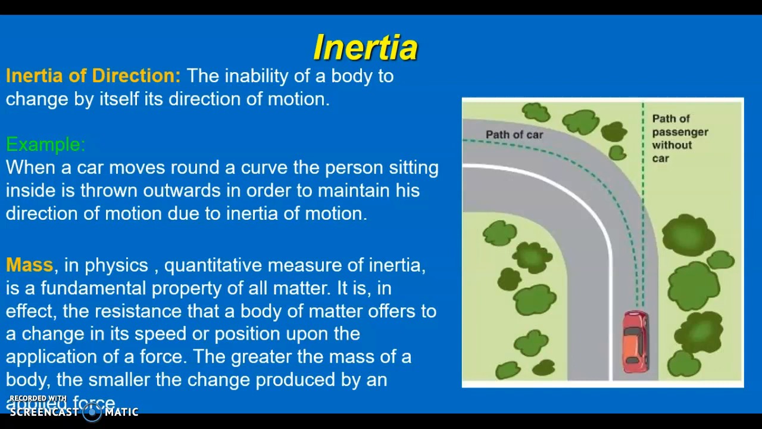So now what's the mass? The mass in physics is a quantitative measure of inertia. So inertia actually depends on the mass of the body. More mass means more inertia. So mass is the quantitative measure of inertia. It's a fundamental property of all matter. It is in effect the resistance that a body of matter offers to a change in its speed or position upon the application of a force. So the mass, actually more mass means that if this body is subjected to certain forces, external